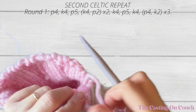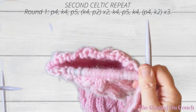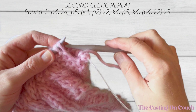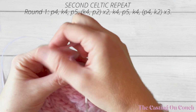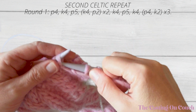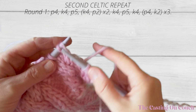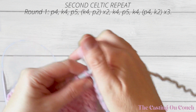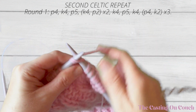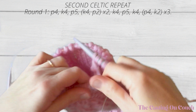So row 1, actually if you note, for my convenience, I'm using 2 circular needles rather than using 1 circular needle with the magic loop from this point. I just find it easier. We're going to begin the round by purling 4, 1, 2, 3, 4, then knitting 4, 1, 2, 3, 4, and next purling 5, just bring these up a bit more,